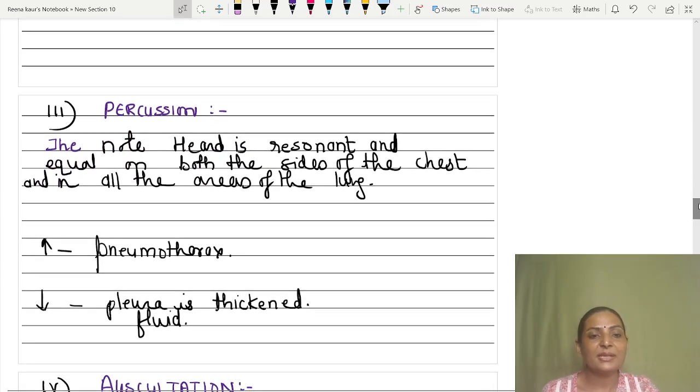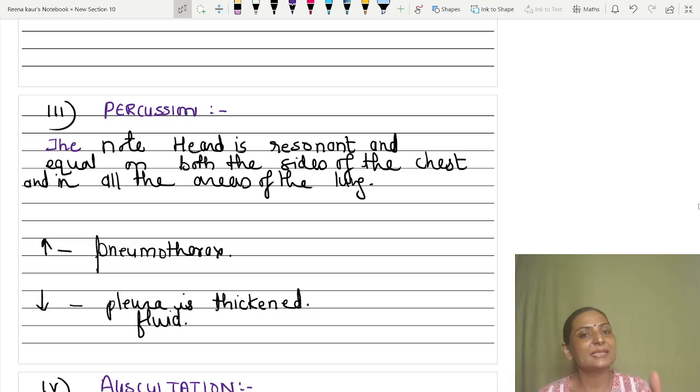The third important thing is percussion. Remember, percussion is very, very important to find out the borders of the particular organ, for example, here in the case of lungs, and to find out the consistency of the underlying organ. Now, lungs are filled with air, and therefore the normal note which you should get in the lung should be